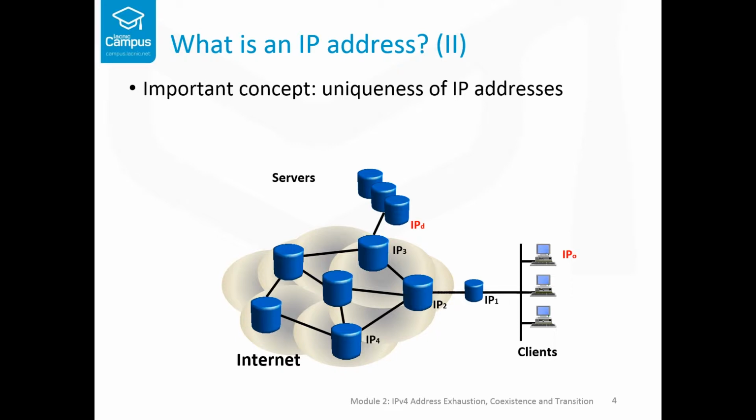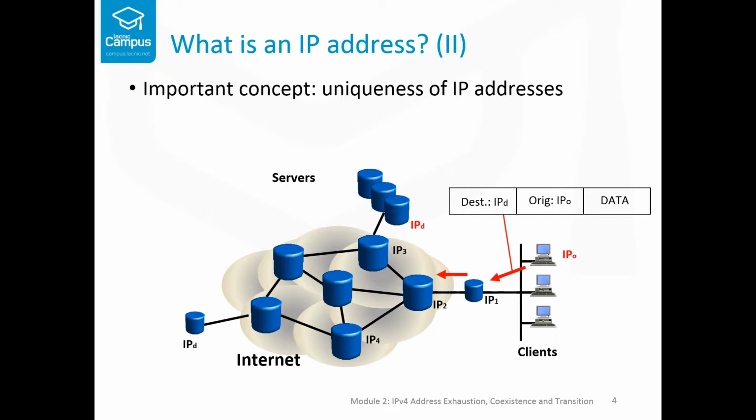As the figure shows, if a device with an origin IP wishes to send a packet to a destination IP, it will create its IP packet with certain specific data. The packet will jump from one routing device to another. If the destination address is shared by several locations, it would be impossible to know where to send the packet. This is why it is important for IP addresses to be unique. It is the only way to know how to send the packet to its destination. Similarly, if the origin IP is unique, a response can be returned.